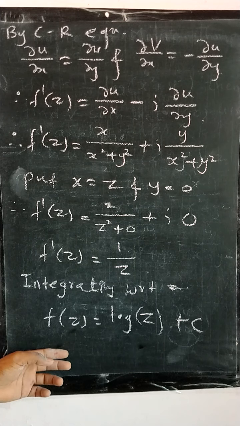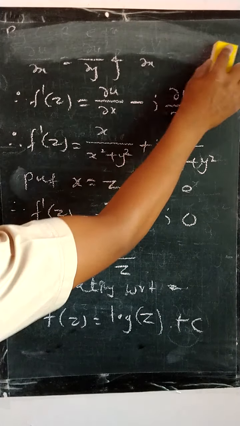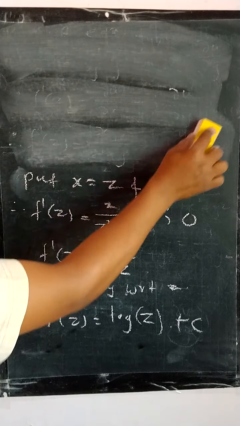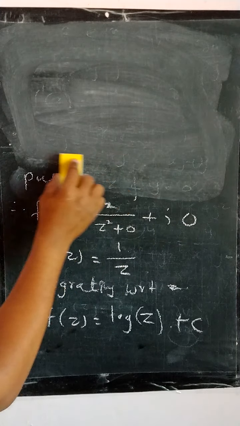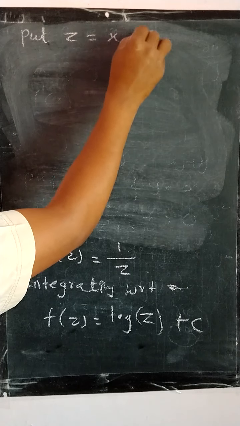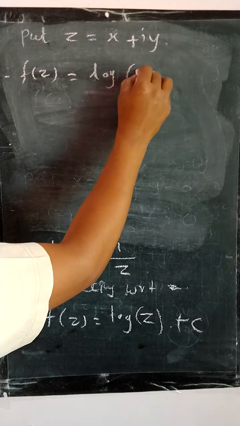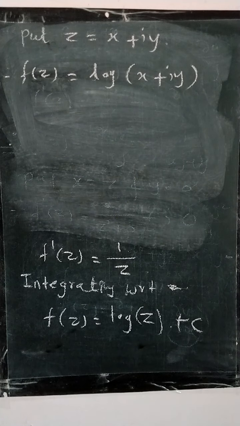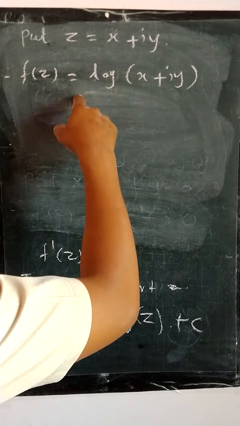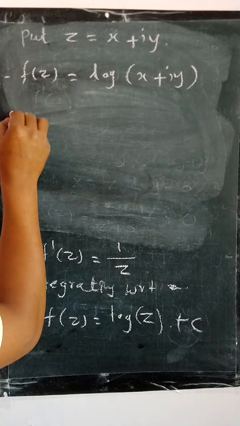And now to find the harmonic conjugate of u, that is v, we substitute z equal to x plus iy according to the Milne Thompson theorem. So put z equal to x plus iy. So therefore f of z will be log of x plus iy. So by separating the real and imaginary parts of this complex number, as we know, for log z,